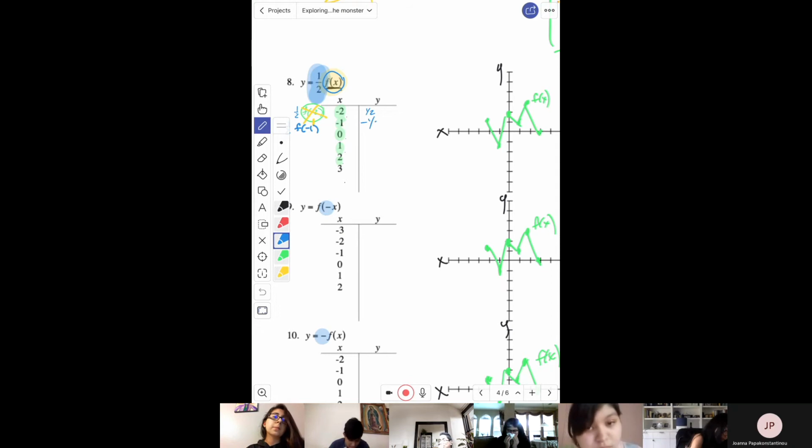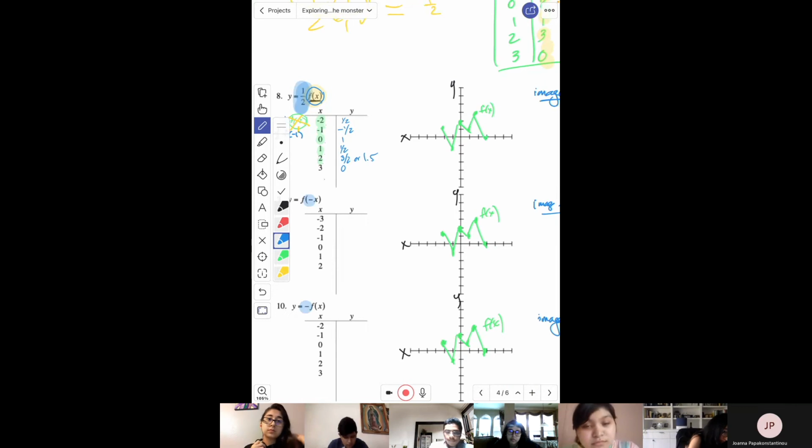-1/2. What about 0? Keep going. 1. Mm-hmm. Keep going. 1/2. Mm-hmm. 1.5 or 3/2, either one, whether you want a decimal or improper fraction, it doesn't matter. And last but not least, when x is 3, y is, you said 0. Okay, so if I were to plot those, -2, 1/2, -1, -1/2, 0, 1, 1/2, 2, 1.5, 3, 0,